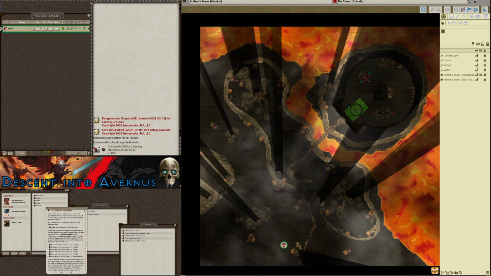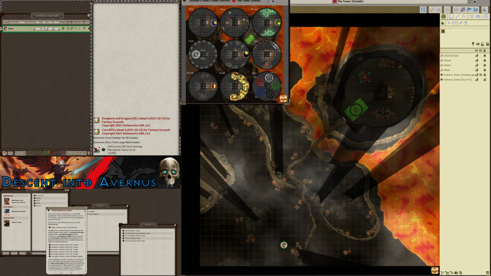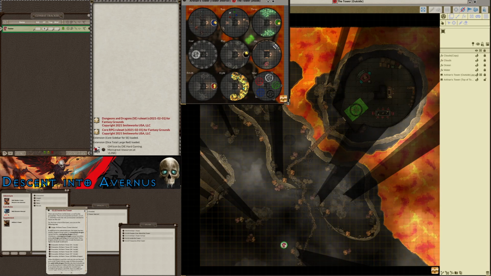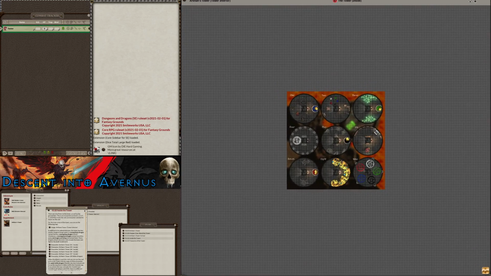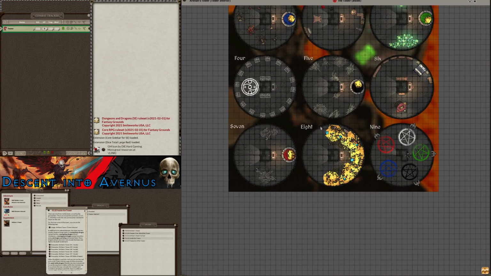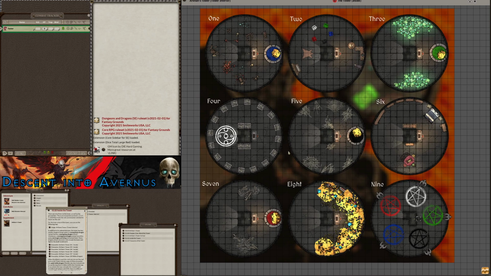Now, inside the tower, I made a map. The adventure mentions it is a 9-level tower, but it didn't say if that includes the roof or not. So I have decided that the 9 levels are leveled European style. So 9 is actually the roof and the ground floor isn't counted. And so as you can see, there is